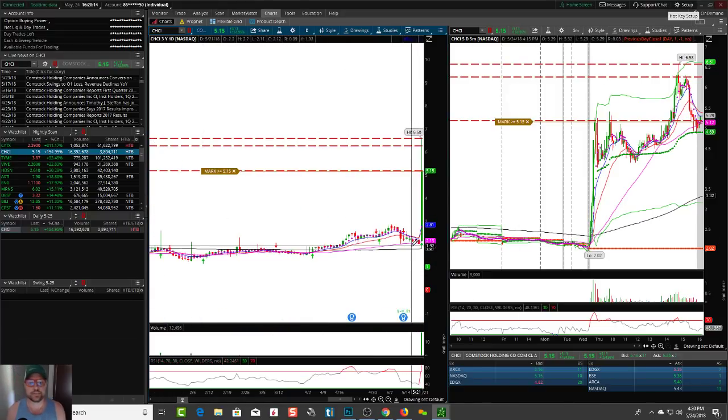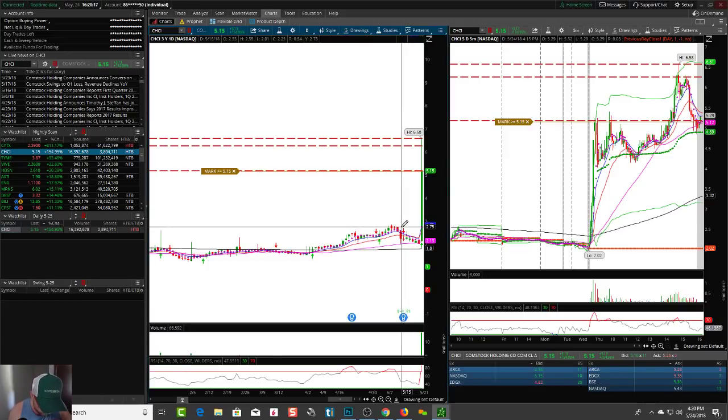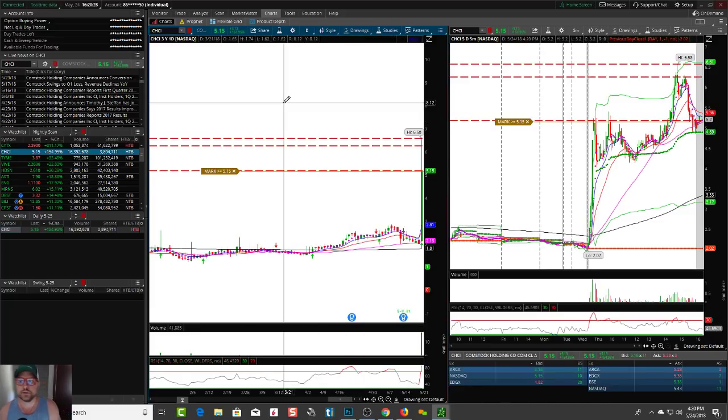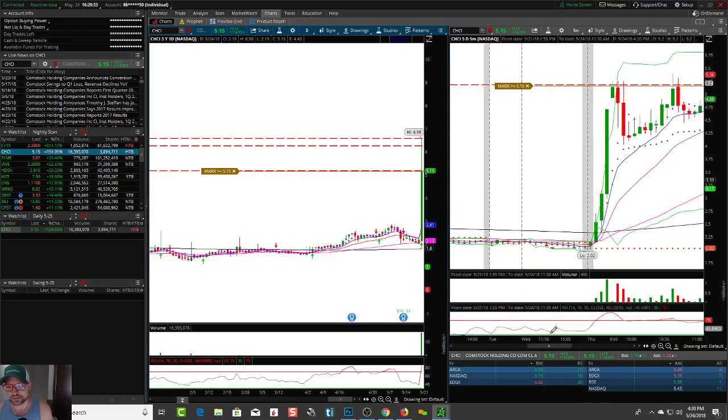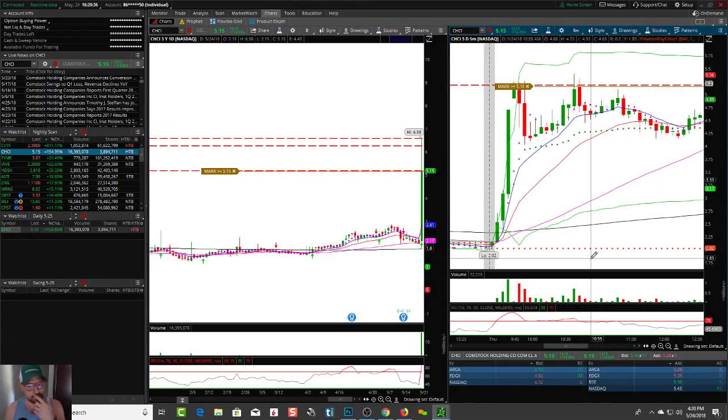But this is a perfect example of how a trade room or an alert service could have pumped this thing up today. Many trade rooms are good, but many of them are pumping services too, right? I like to call them brokerage account heroes. There are some out there that like to say, hey, I made $5,000 or $10,000 today. Woohoo, look at me. Who cares what they made? What matters is what goes in your pocket, right? Does it matter if someone else makes 10, 20, 30 grand and puts it in their pocket? What does that do for you? As a newbie, what matters is, do I know what I'm doing, right?